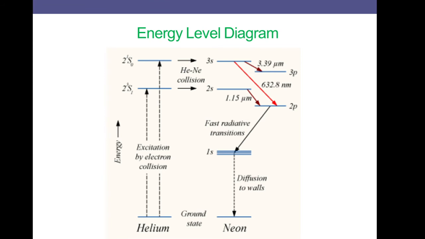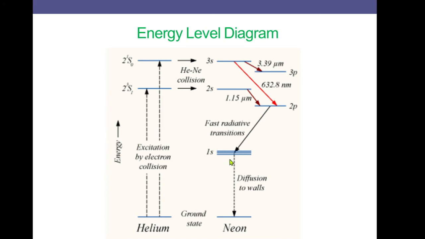This will give transitions between 3s and 3p. These transitions will give an emission of wavelength 6328 angstrom, corresponding to the red light from the helium neon laser. And the excited neon atoms in the level 3p will drop down to the level